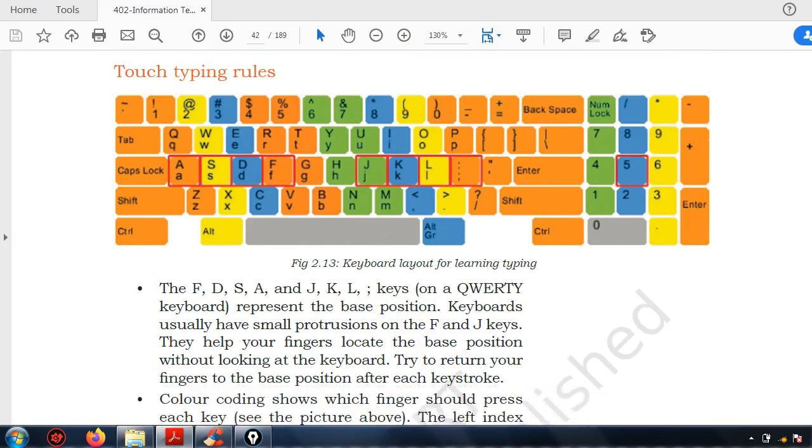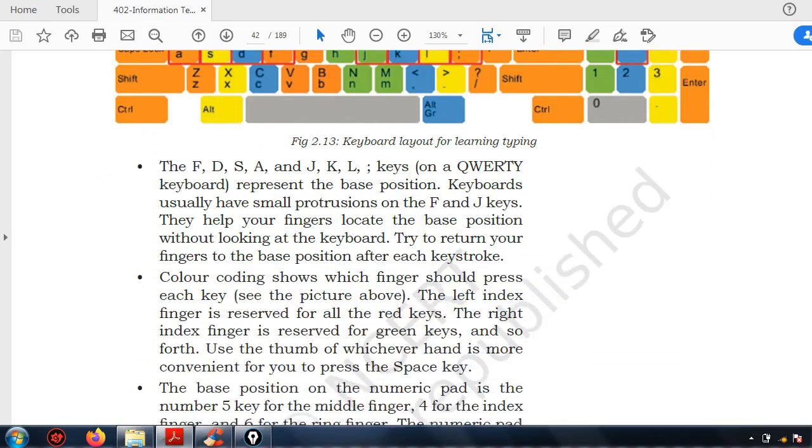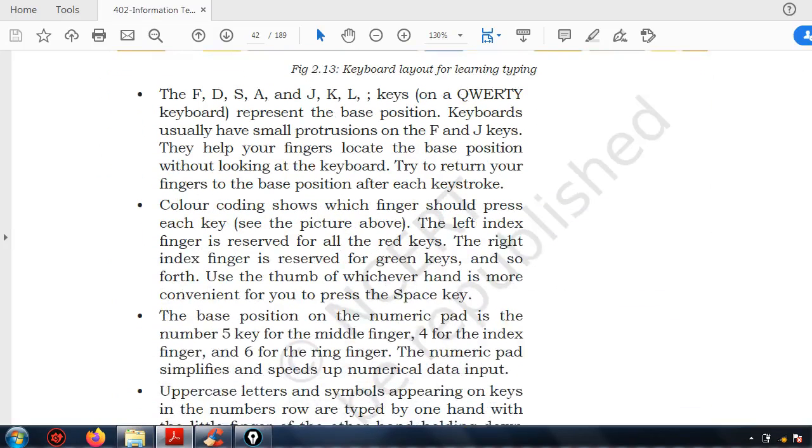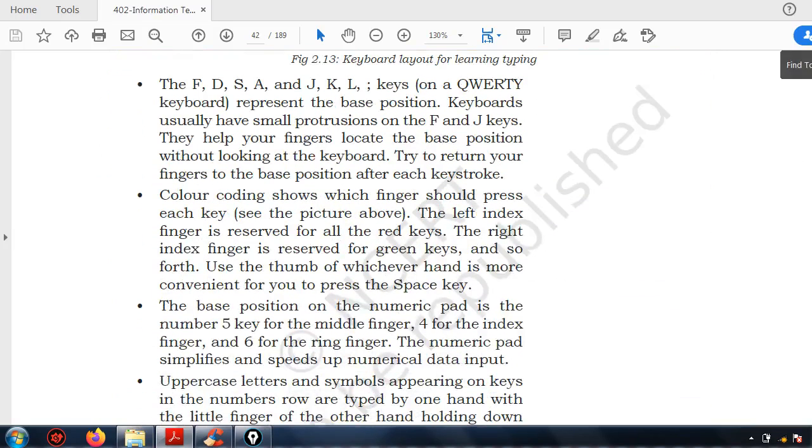touch typing rules. Now we are going to learn touch typing rules. The FDSA and JKL semicolon keys on a QWERTY keyboard represent the base position, right?